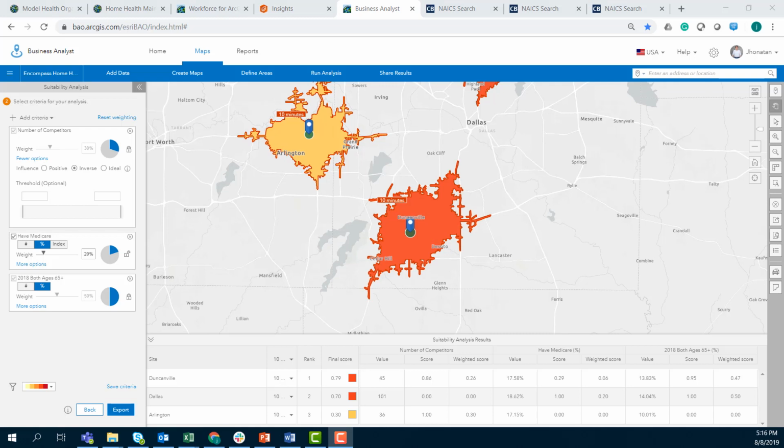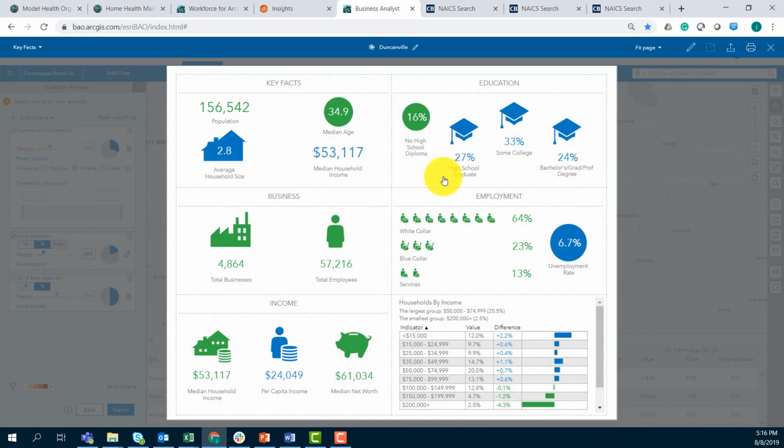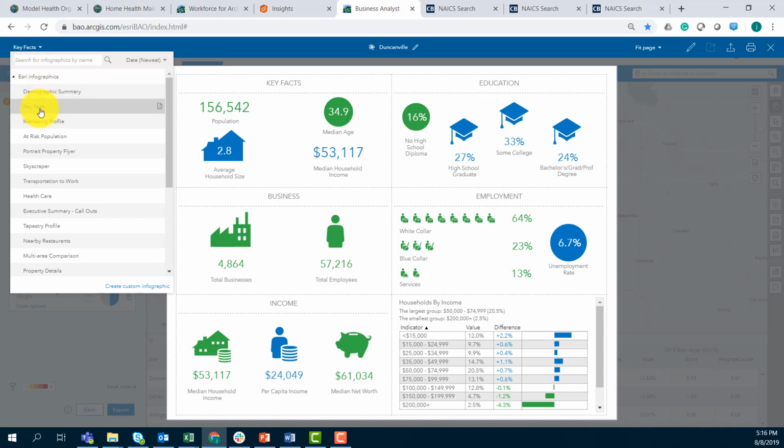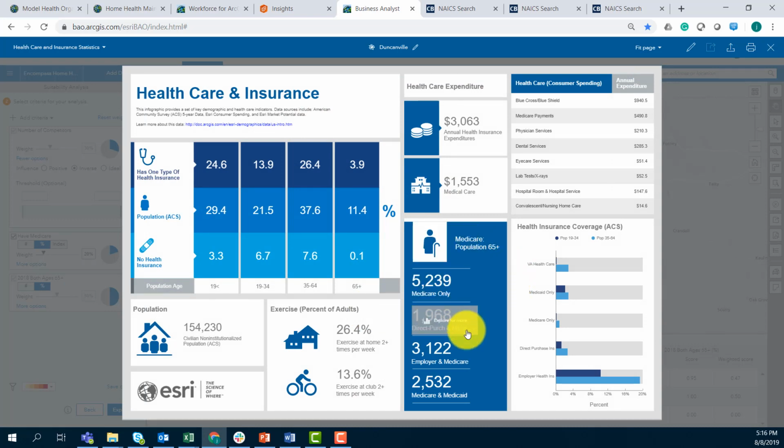And since we want to know how to really get better penetration in this market, how we can deal with the competitors, it would be awesome to understand the reality of health organizations in this specific area. So what I can do is go ahead here, select infographics, which are charts and statistics that are very key for decision making. If I select, for example, a different one, this one is called key facts, I can select the one called healthcare and insurance statistics, and I can see quickly the distribution of people that have Medicare and different other programs that are 60 years old or more,